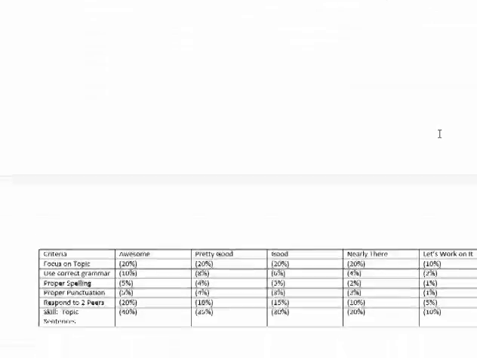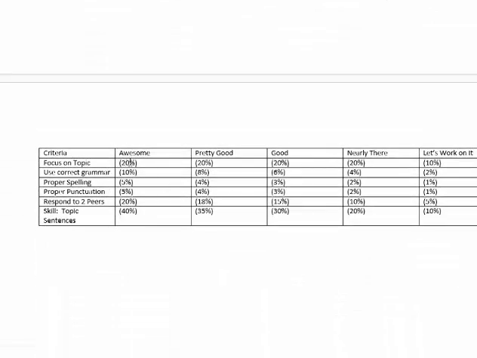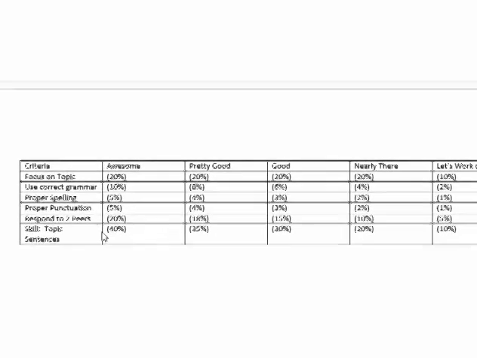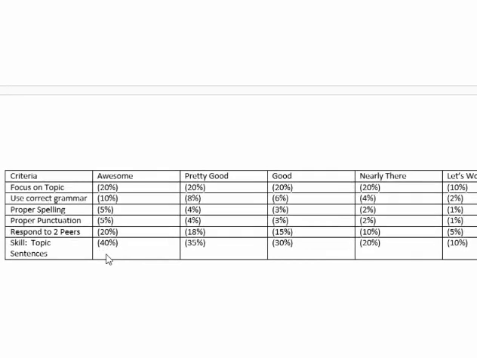Now let me really quickly show the alternative. It's the same thing, and some of you might find this easier to do. I gave focusing on the topic 20%. I gave the skill that we're working on 40%. Almost half of the grade comes from getting that skill, developing the skill I need. 20% for responding to peers. I want them to use correct grammar. We may have already talked about grammar, and so I'm wanting them to use correct grammar, and then 5 for